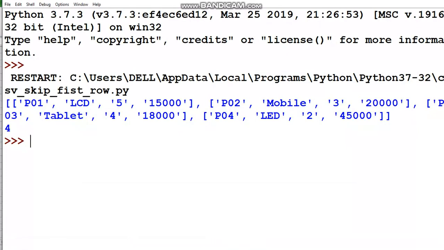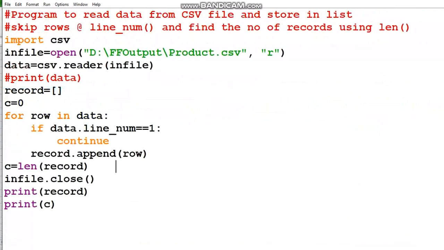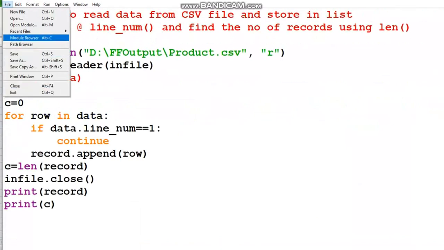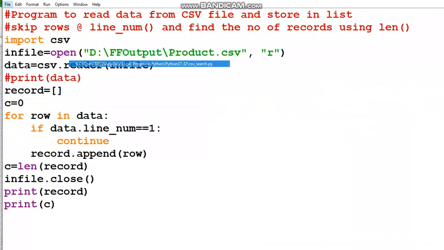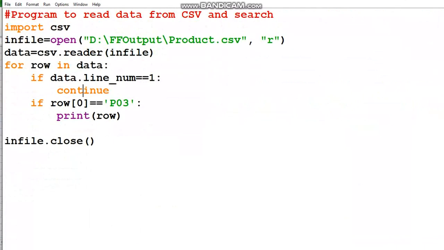Further, I'll close this output screen, and we'll see another workout in CSV file, like searching into the CSV file. I am searching in the same CSV file named product.csv. Then if header, I don't want my header row to come in the search.